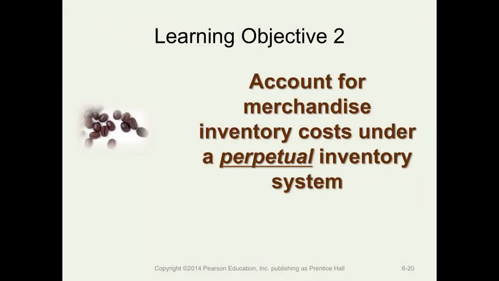Continuing with Chapter 6, we're now going to get to our second learning objective or module. And in this second module, we're going to account for merchandise inventory costs, still using a perpetual inventory system. And in this module, one of the key issues is going to be our valuation methods. So we're going to focus on inventory valuation